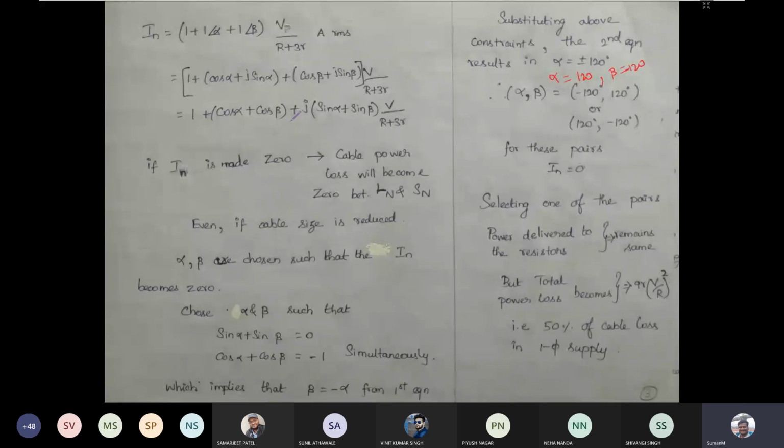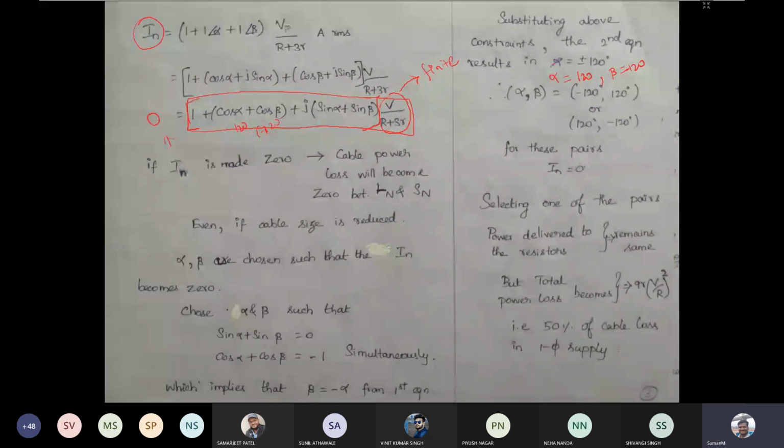Then if you substitute this in this equation, what is happening is IN is becoming 0. This has a finite value, and this has a finite value. After substituting alpha and beta as plus 120 and minus 120, this complete term becomes 0. Now the point to be noted here is that, because of this condition,